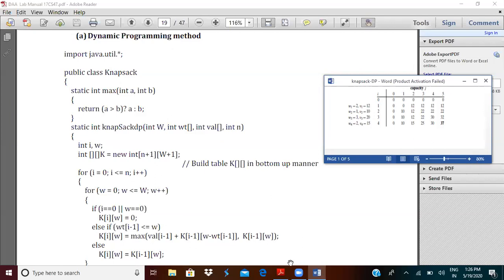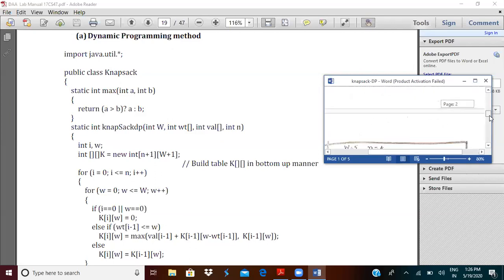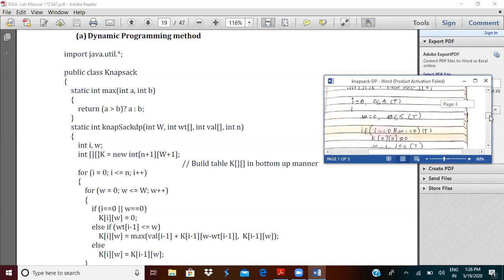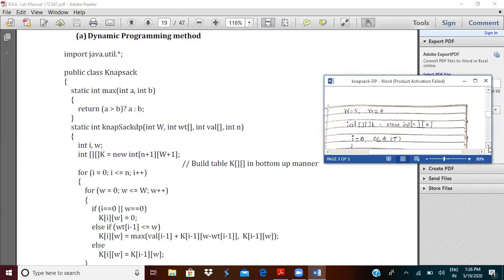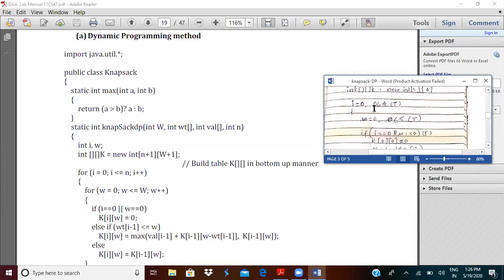If I take up an example here, 0 less than or equal to 4, the condition is true. When the condition is true, what should I do? I'll come to the inner for loop. w is equal to 0, 0 less than or equal to 5, the condition is true. When the condition is true, I'll execute the statements within the for loop.